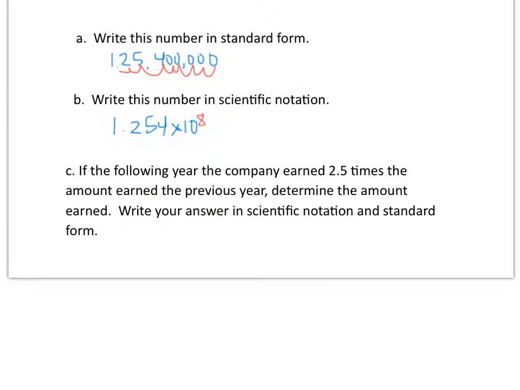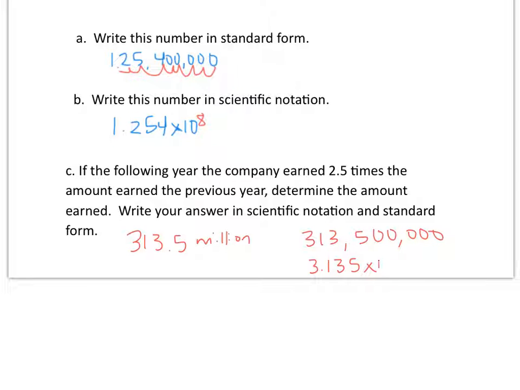Question C says, if the following year the company earned 2.5 times the amount earned the previous year, determine the amount earned. Write your answer in scientific notation in standard form. Well, we want to take 125.4 million and multiply it by 2.5. And we get 313.5 million. So now if we want to write that into standard form, that's going to be 313,500,000,